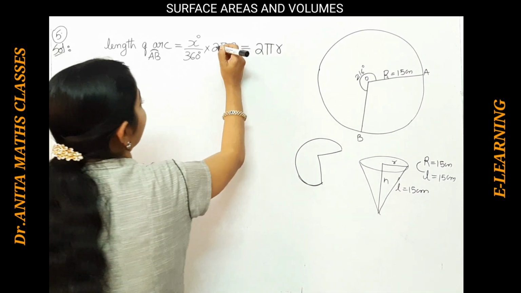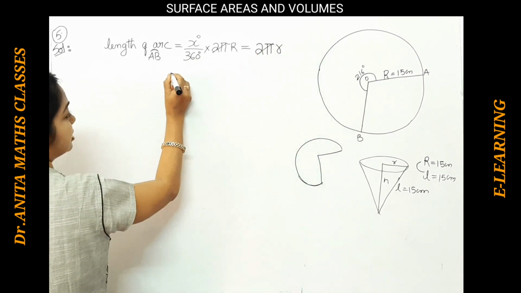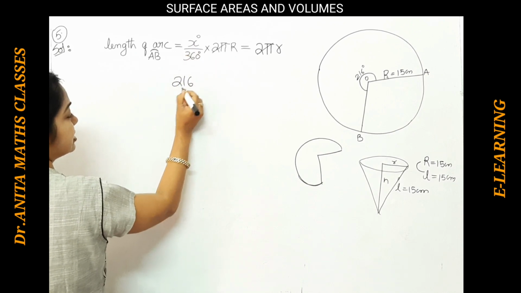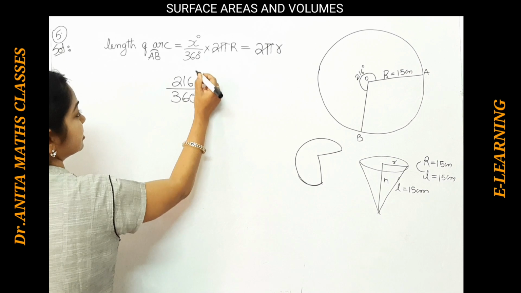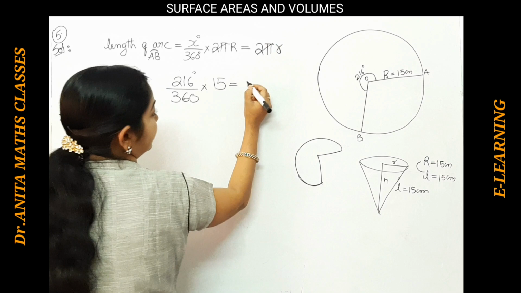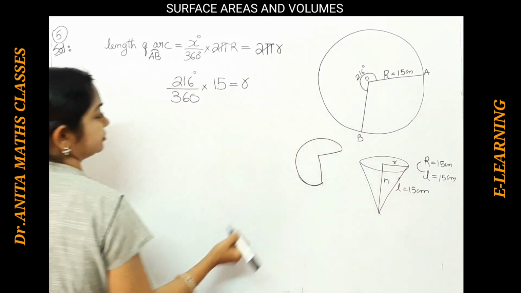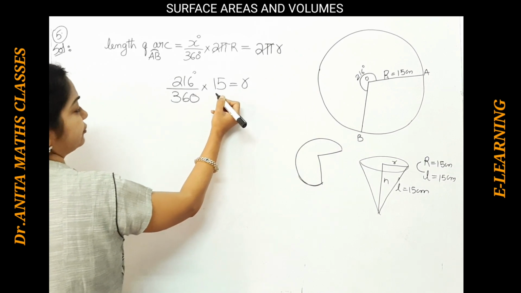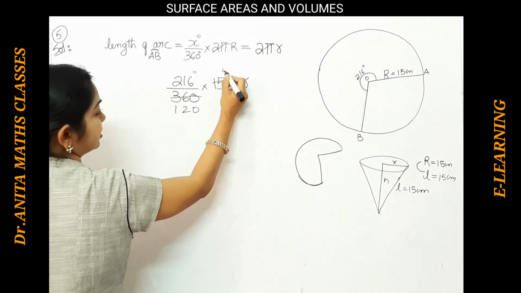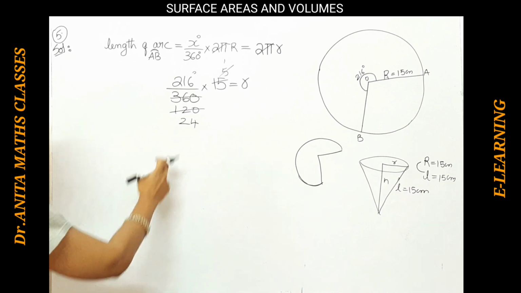Now here we can cancel off. 2 pi is the common thing, on both sides, we can cancel off. We know that 216 degrees by 360 degrees into this R is 15, and the r of the cone we don't know, we have to find out. Now from here we can cancel it off with 3 ones are 3, 3 twos are 6, 3 fives are 15, okay, 5 ones, 5 twos, 5 fours, and here also we can go